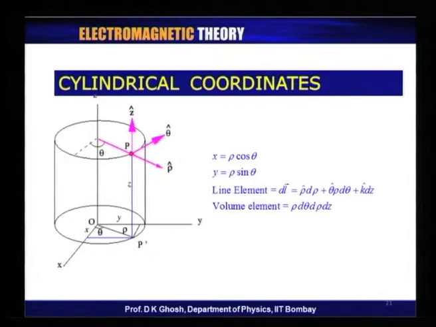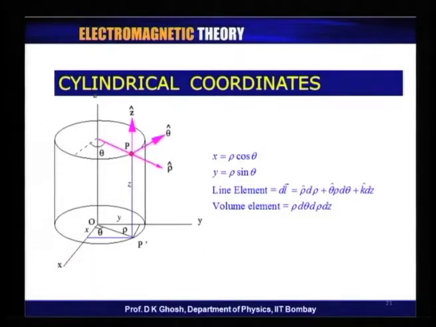One of them is known as a cylindrical coordinate system. Now, cylindrical coordinate system, as the name suggests, is useful if the system that you are describing has what is known as a cylindrical symmetry. The cylindrical symmetry means that the object has a symmetry axis, which we will call the z axis, and if you go around the z axis, the object looks exactly the same.